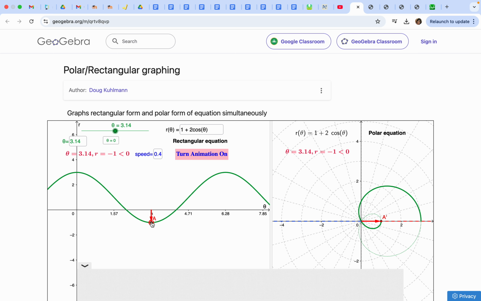At pi, we're as far away as we're going to get, and now we're going to come back closer, so that's going to be part of our answer, and then we're going to go away. Now, obviously, you don't have this animation, right, but you can kind of think of what's happening,